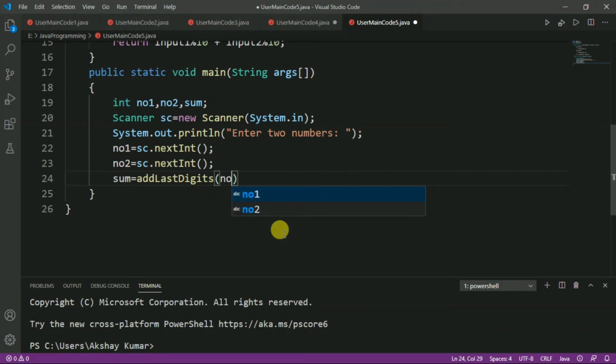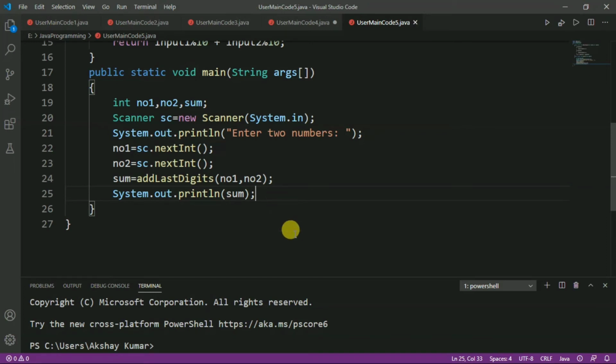So here we have to write no1 comma no2, that is for number 1 and number 2, and after that we will print the value of the sum variable. So here we have to write System.out.println, and let's pass the sum variable, and now by pressing Ctrl S we will save the program.